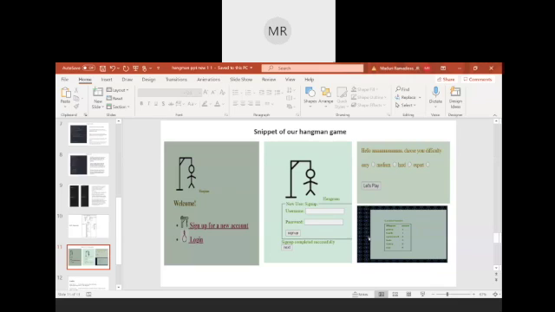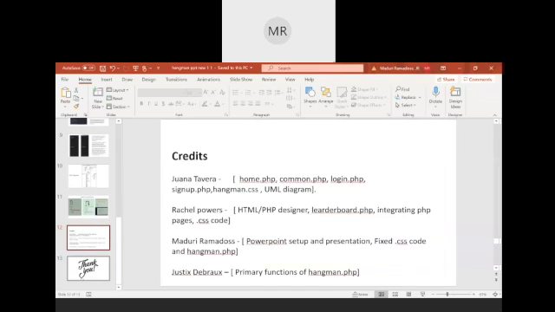Of course, it took us a lot of days to create this page. And yeah, these are all the credits. Everyone really worked hard for this hangman game to come together, and we really, really hope